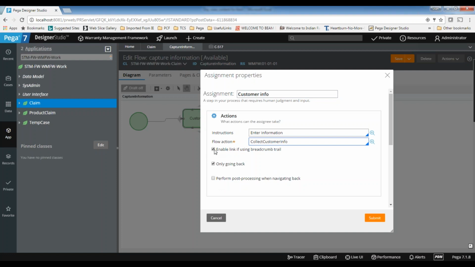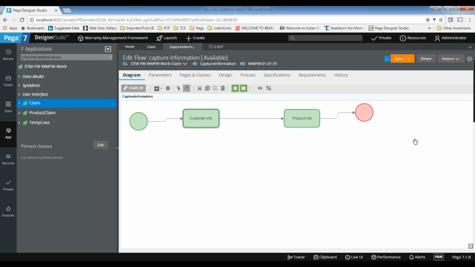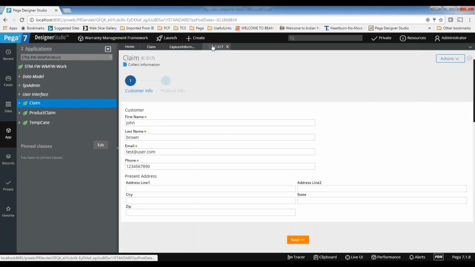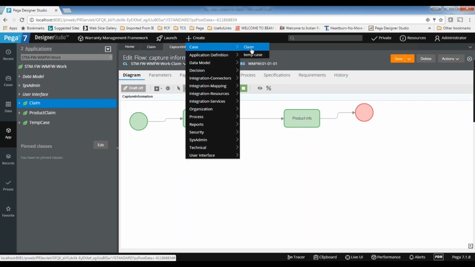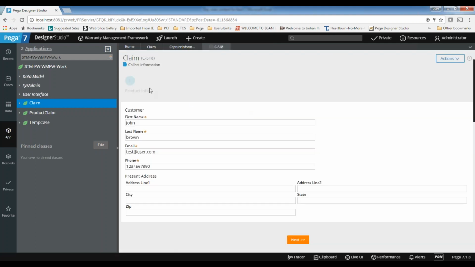What will happen? If you unselect it, the bubbles won't be shown. Is it completely disabled or completely invisible? Invisible. You can see the second step is not coming. Okay, fine.